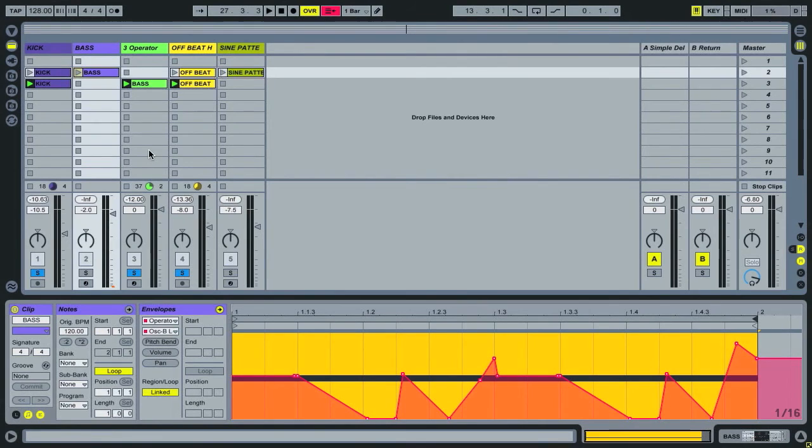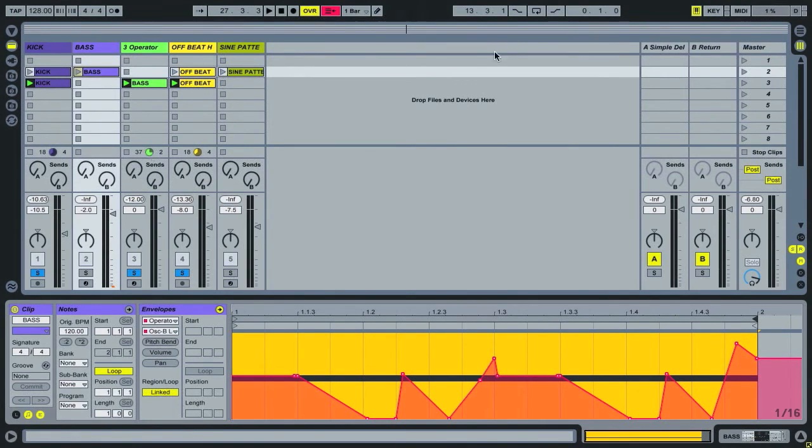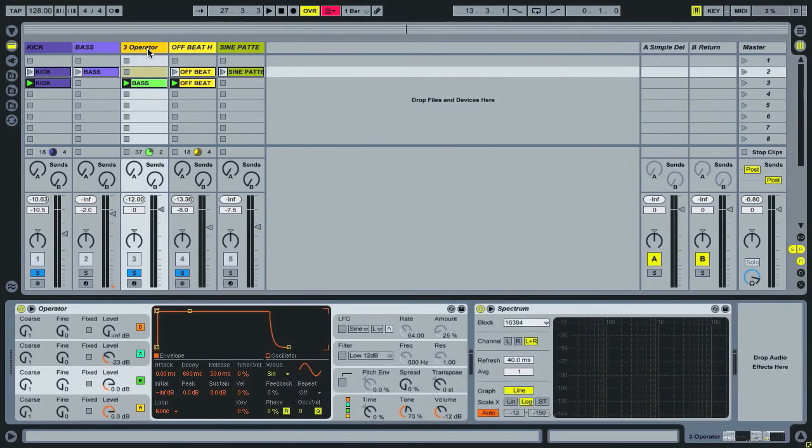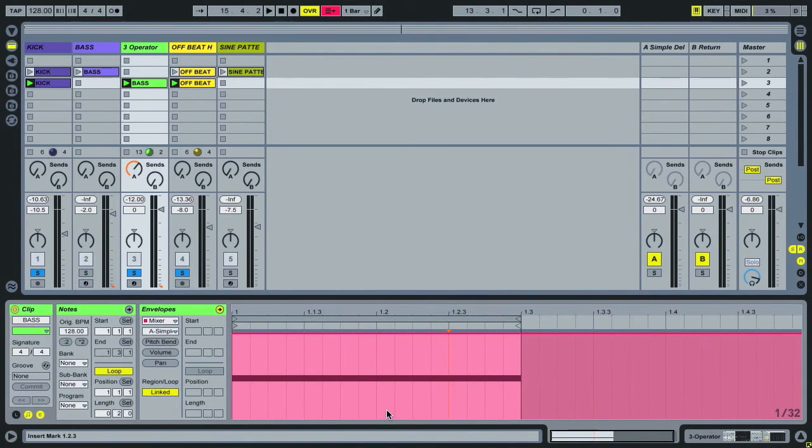So let's try a little bit of delay on the one that we've just created. I've got that set up on my return here. So let's just see what happens if we boost this up. It just gives it a little bit more interest. Now, obviously the timing's not 100% perfect on this. We need to adjust the envelopes a little bit, but hopefully it's given you some ideas for shaping tones yourself